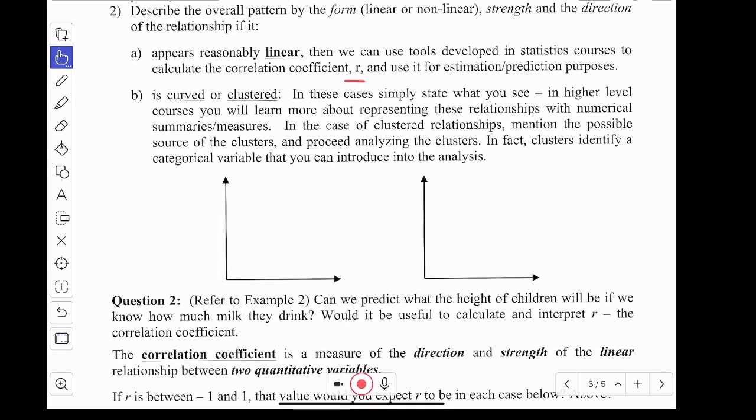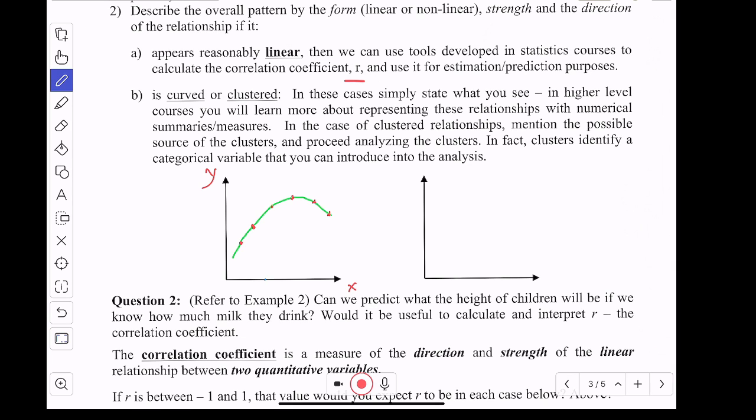A curved relationship, maybe like this. And this is a perfect relationship. It's a perfect curve. I could find the equation of a curve to replace those points and use it to make estimations where I don't have observations. Remember, these are just single observations. What if I wanted to know about